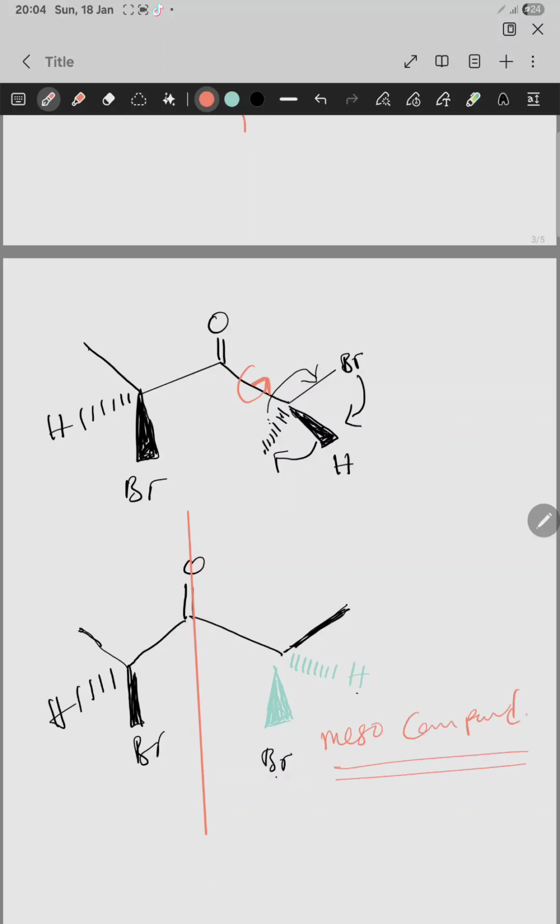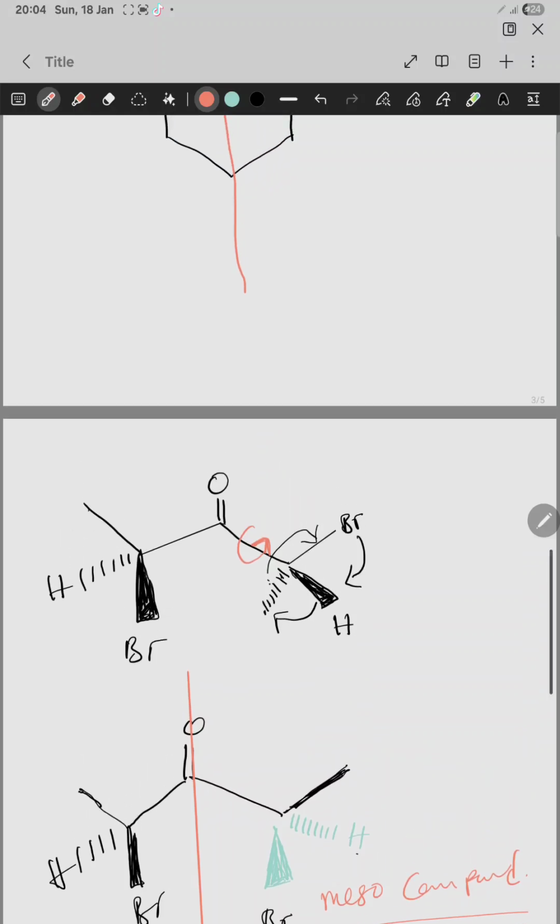So this one can only be a meso compound after rotation. Without rotation, it cannot be a meso compound. So please, when you find a molecule or a compound like this, which has single bonds and it has the same constituents or attachments on the chiral centers, but the stereochemistry is different. So here we had the two stereocenters on this compound, but the attachments were also the same. What was just different in this case was